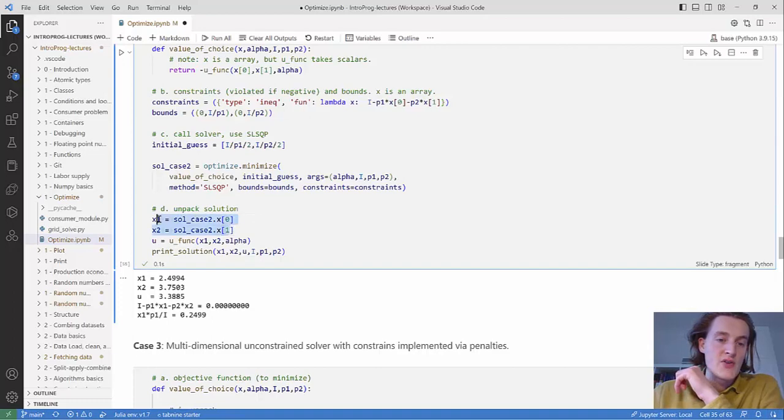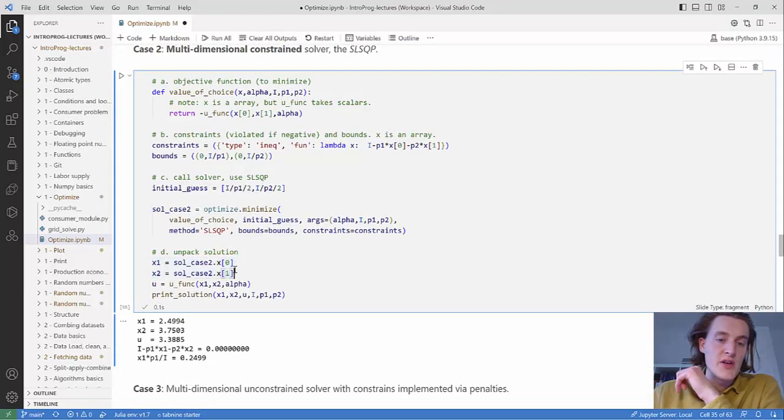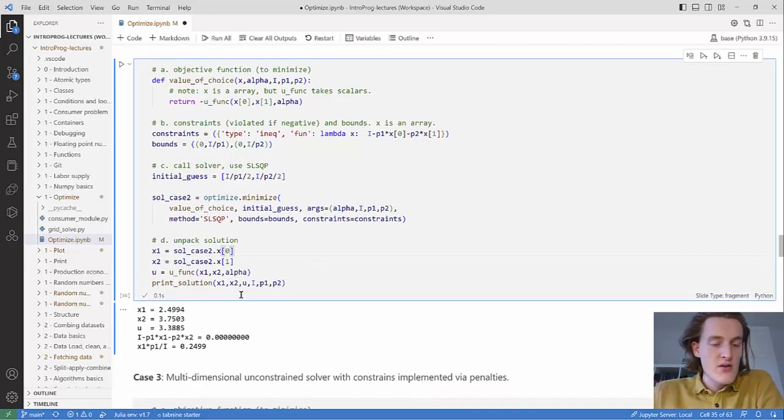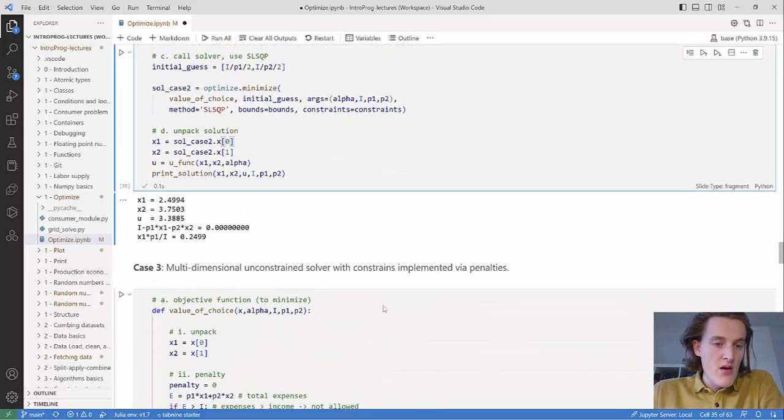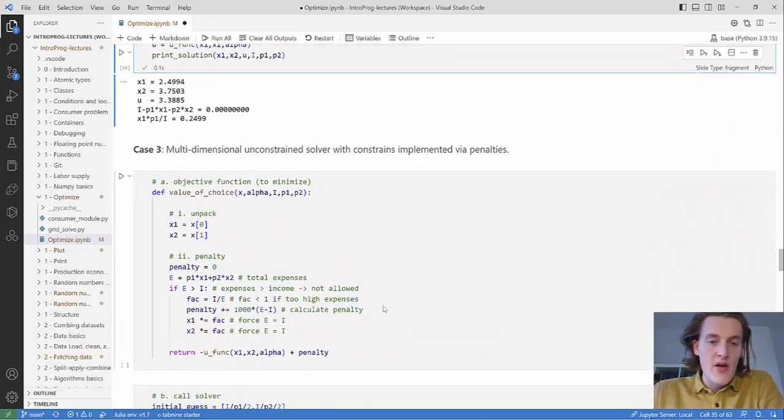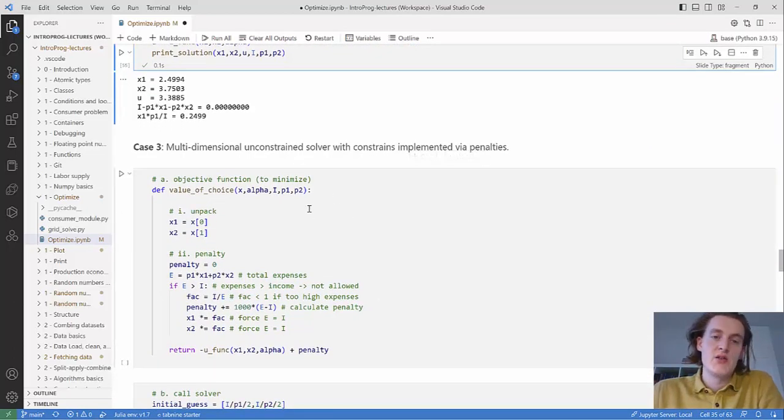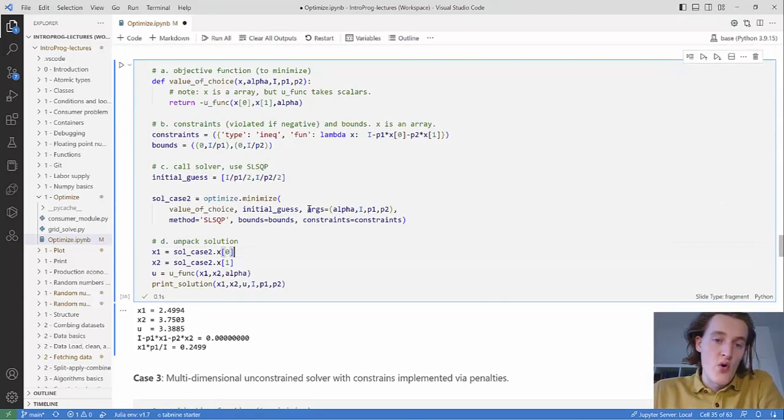And when you're unpacking the solution from this function, then you can still have this x attribute, but now because x is an array with 2 elements, you can unpack the elements separately. And the third case is to use a multiple dimensional solver, but not use constraints when you're calling the solver,